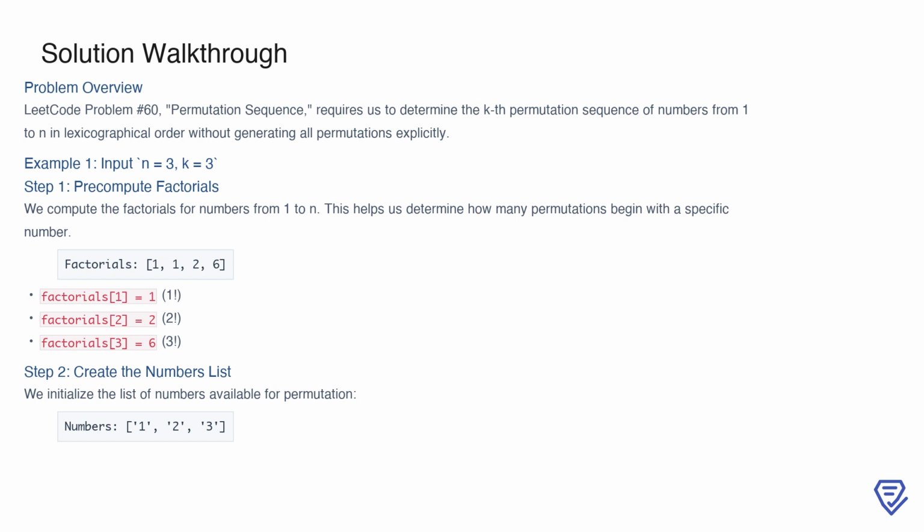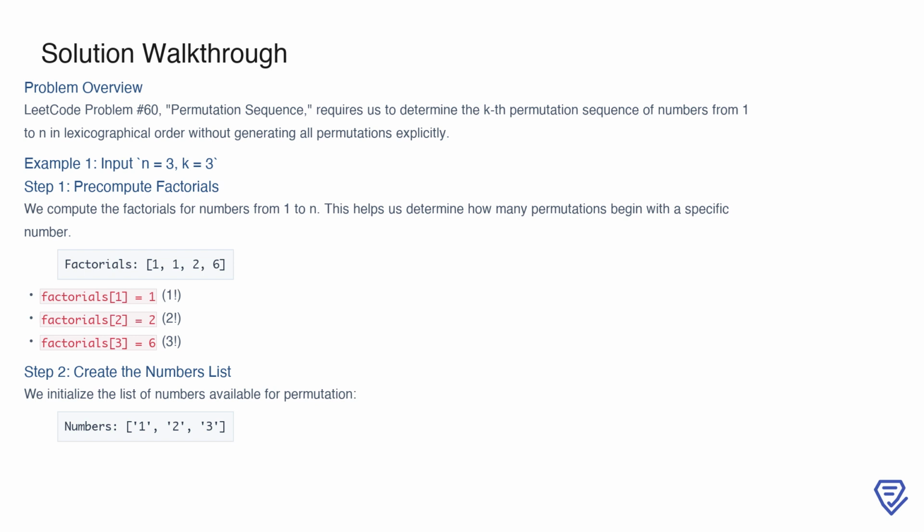For example, if n equals 3 and k equals 3, we start by precomputing the factorials of numbers from 1 to n. These factorials represent the number of permutations that can begin with any specific number. For instance, factorial 2 equals 2, indicating that 2 permutations start with each number at the first position when n is 3. Next, we create a list of numbers available for permutation, 1, 2, 3. This list will help us track which numbers are still available for constructing the kth sequence as we go through